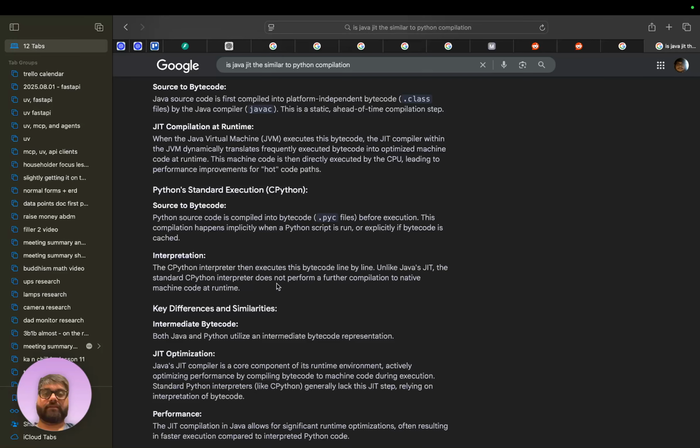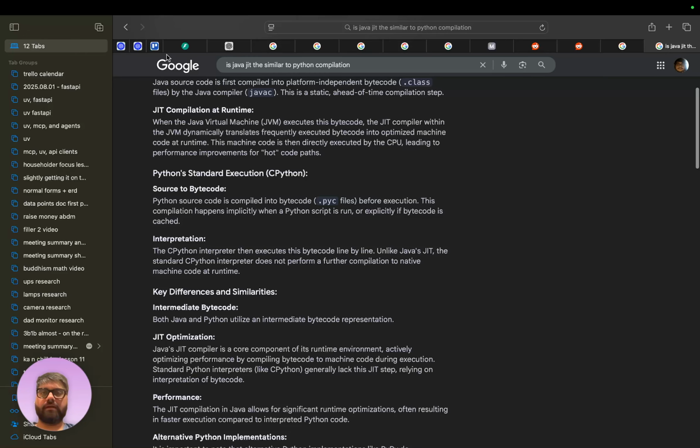Yeah, okay, that's correct. So the bytecode is compiled from your code, and then that bytecode is interpreted line by line. So in that way they're similar. That's why I was thinking of the similarity: there's that step of going to the bytecode, versus the full JIT compilation.